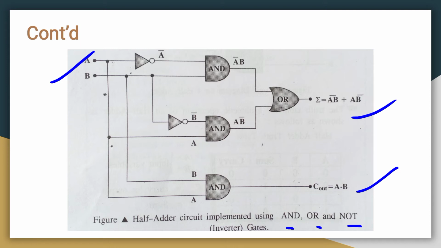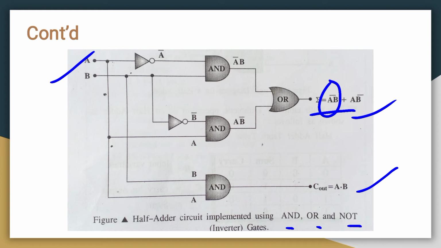So see the content; depending on the content you have to write. See the formula here first. You need A bar B plus A B bar, right? So A bar B requires an AND gate. A B bar again requires an AND gate. So this one requires AND and this one requires AND. Then the combination of these two requires OR. Clear? So first we will check A bar B.